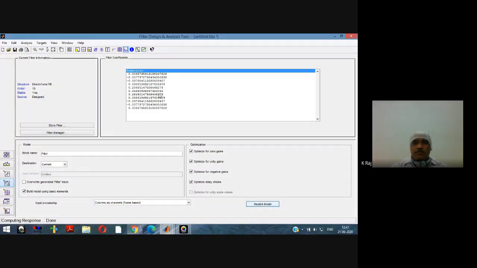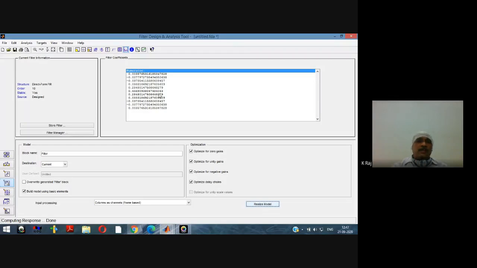And from these 5 parameters, what are these 5 parameters? Ripples in the passband, ripples in the stopband, passband edge frequency, stopband edge frequency, and the sampling frequency. We have to calculate the order of the filter. So these are the different types of calculation that are required. 5 parameters have to be calculated, and after the calculation of the 5 parameters, we will calculate the order of the filter. And after getting these 6 pieces of information, now we will move towards the designing of the filter.